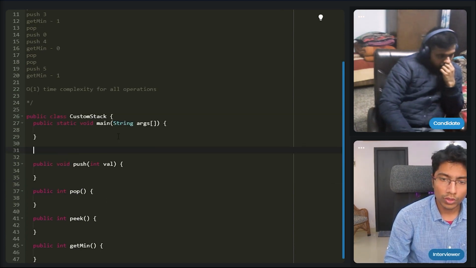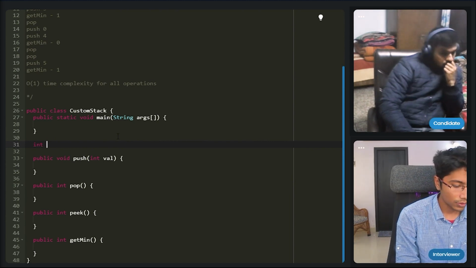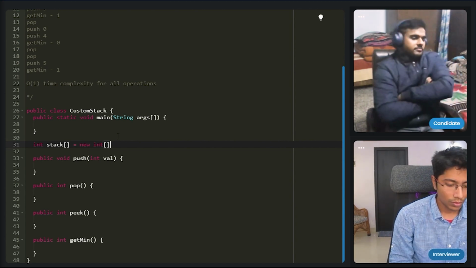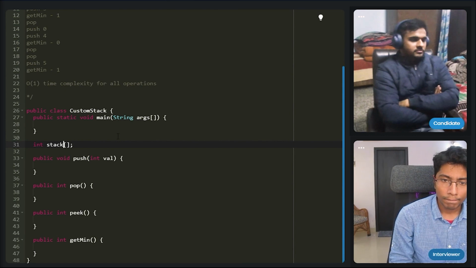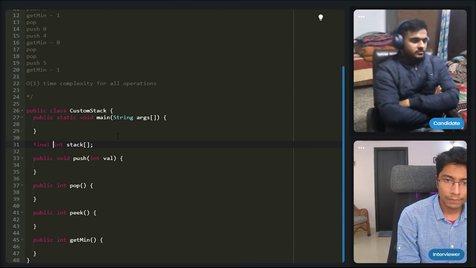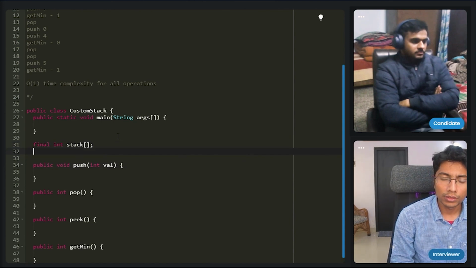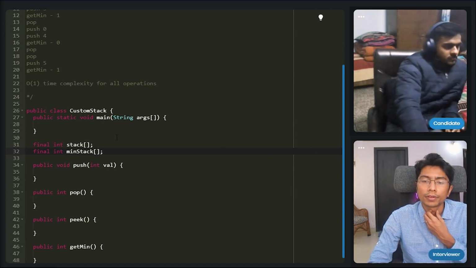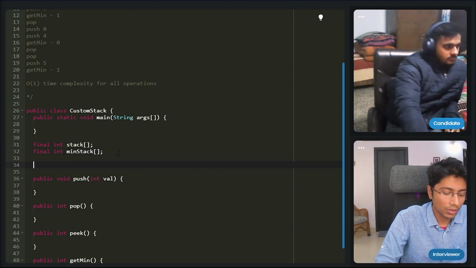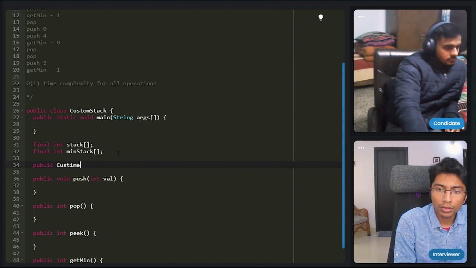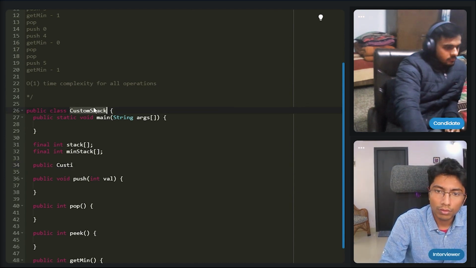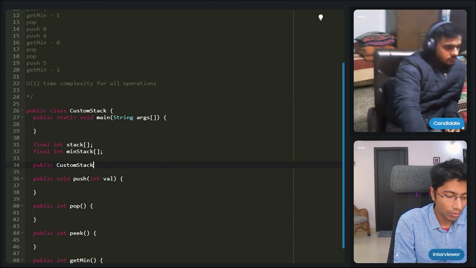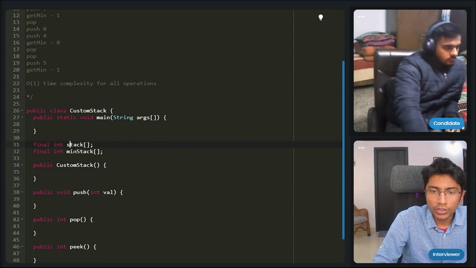Okay, and what I'll do here is I'll just make a stack. And also I need a min stack. I'll just call it a list. And in this constructor I'll initialize.